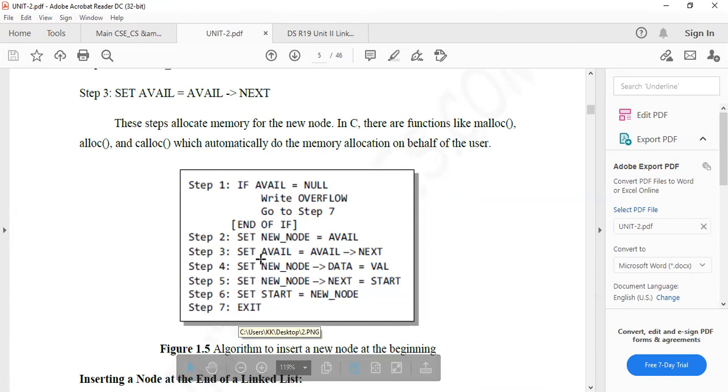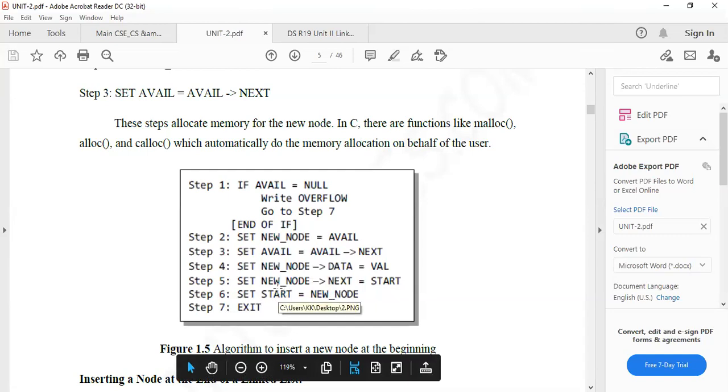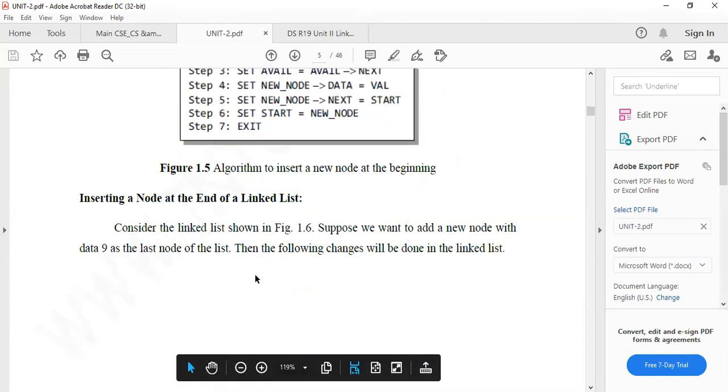Otherwise, set new node equals to avail, so we create a new node. In that new node, you give the data as the value. After that, you assign start to the new node's next, and set start equals to new node. That's it. This is the algorithm.